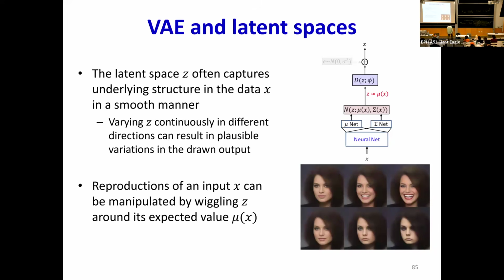So again, remember this thing I mentioned where if you traverse a line between 2 points, you should get some kind of a continuity of variation. So here's an example where these 2 guys were passed through the encoder. And then if you pick intermediate points on the line that connects the 2 means and pass them through the decoder,